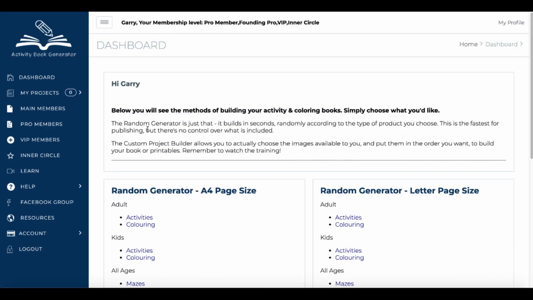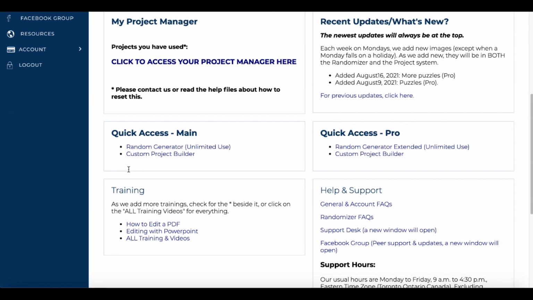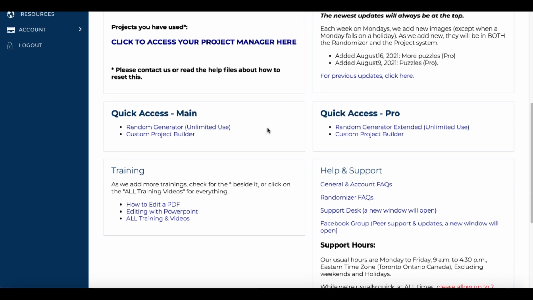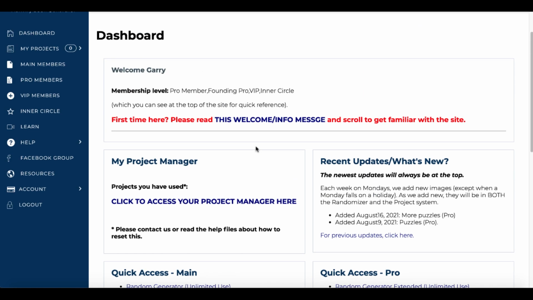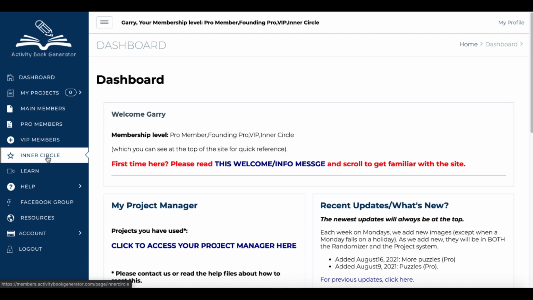And I wanted to explain all of that as far as inside of the dashboard. You have the dashboard, you have everything that you can access here, whether you're a main member or a pro member. And then of course you have the Facebook group. You also have help where you can get frequently asked questions, troubleshooting, support desk. There's also a link to Inner Circle, which is again an upsell that you can join. Not required. VIP members are going to get additional downloads. That is an additional purchase, just like the Pro membership is an additional purchase than the main membership,